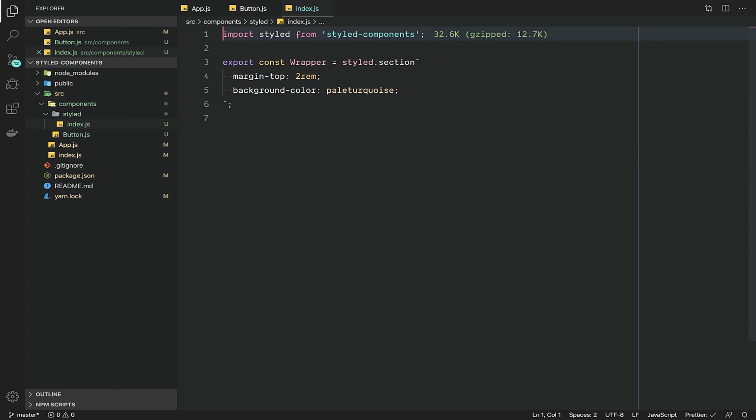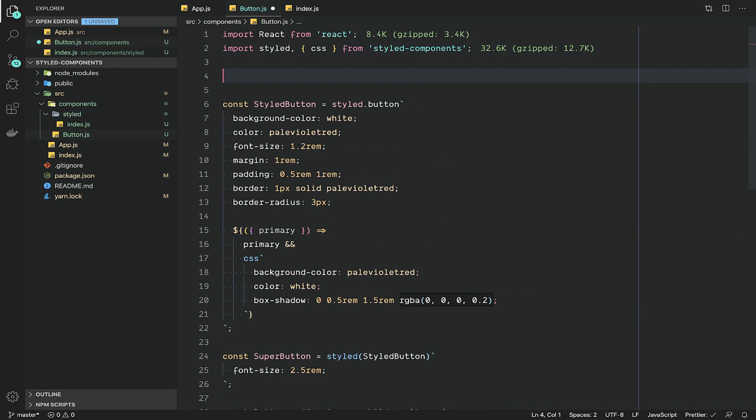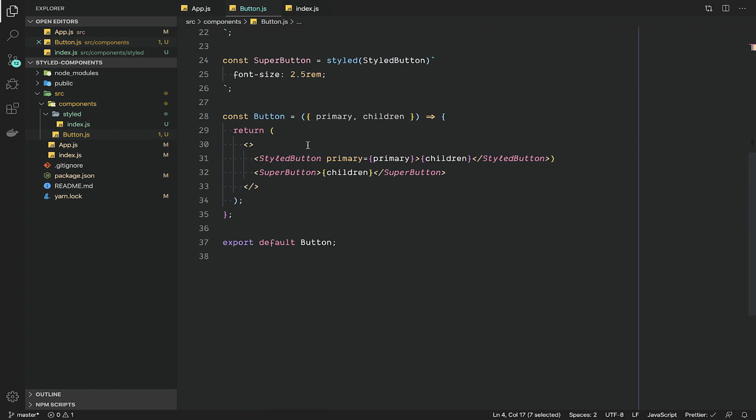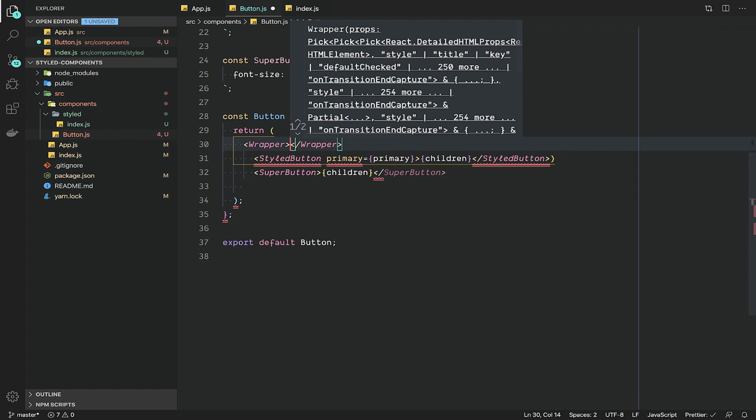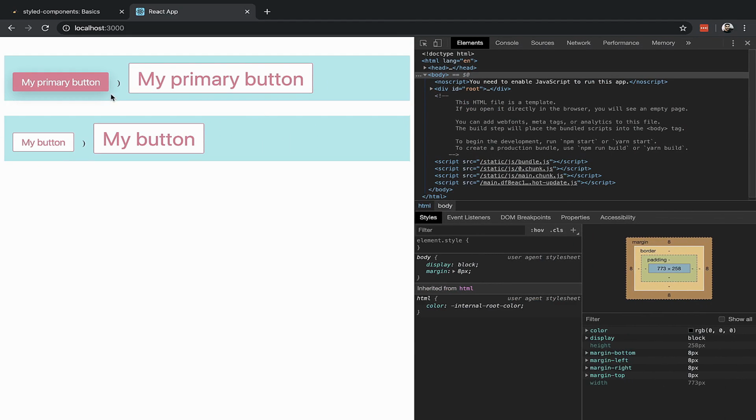I don't think we even need React here. So now we have our wrapper that we can import whenever we want. Let's go to our button component, and here we can import our wrapper from our style file, and now we can use it. Instead of using this React fragment, we can use the wrapper here. And if we save and go to our file, you can see we have our wrapper around both